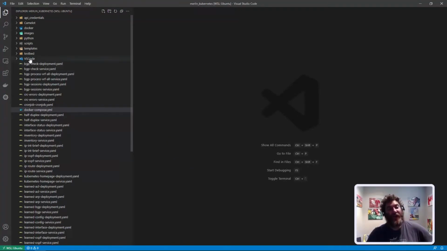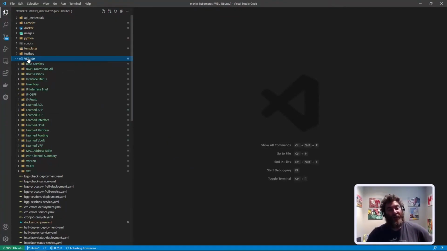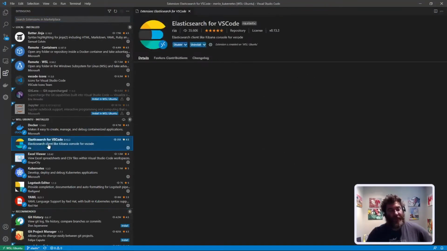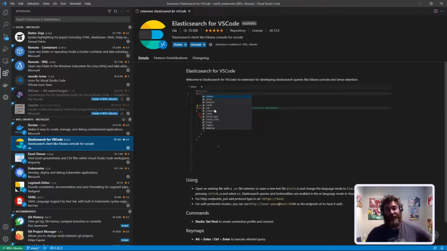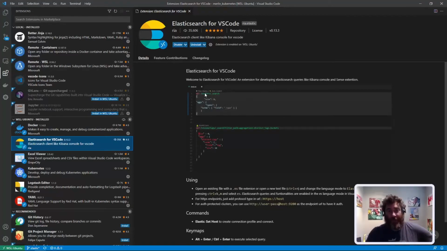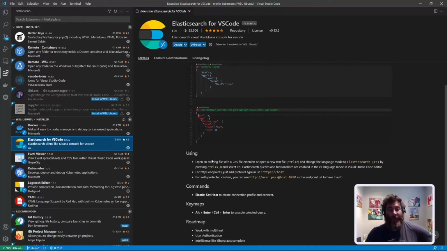So here in VSCode, I have this folder called VSCode. And it's really interesting. If you go to the extensions, I have this Elasticsearch for VSCode. And let's just look at this for a second. They show you do your GET in a file called a .es file. And then you can run your query, and it split screens. Now, one thing I want to point out, when it first launches,